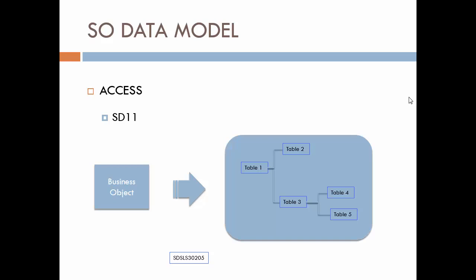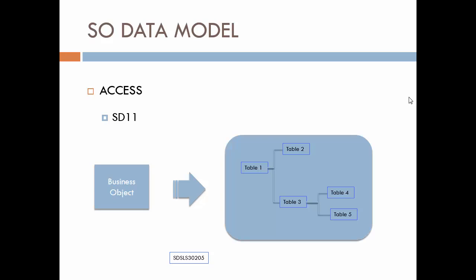Okay, the second method is more of a comprehensive method. So we're maybe not going to have the ability to go field by field, but we're going to look at the business object from kind of a top-down view, or how the business object relates to all the components and pieces and the relationships between the objects. So once you're generally familiar with a business object, whether it's a purchase order, production order, sales order, etc., and you get the gist of it, rather than going field by field, you can use